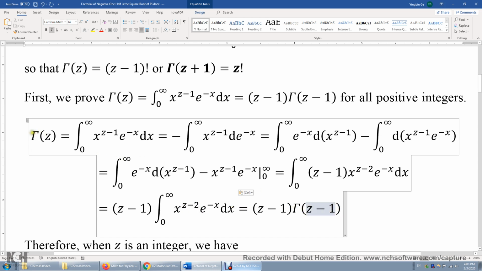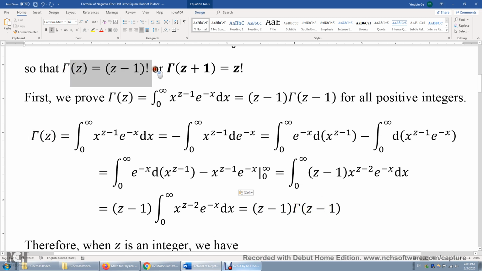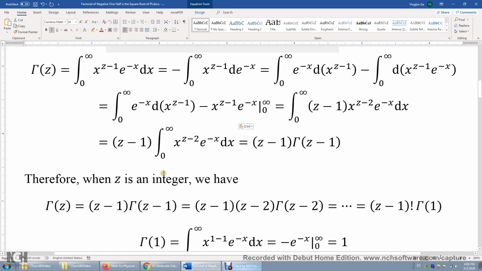Now, we have just proved that the gamma of z is z minus 1 times the gamma function of z minus 1. Alright, so this part will be soon proved. When z is an integer, okay, so z can be non-integer, but when z is an integer, we have gamma z equals z minus 1 times gamma z minus 1, and this part is equal to z minus 2 times gamma z minus 2, gamma z minus 2 equals z minus 3 times gamma z minus 3, etc. In the end, we get z minus 1 factorial times gamma